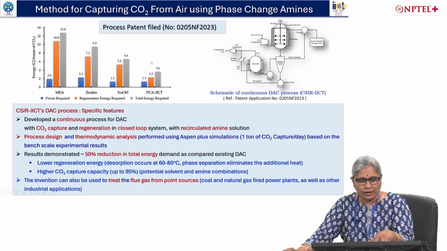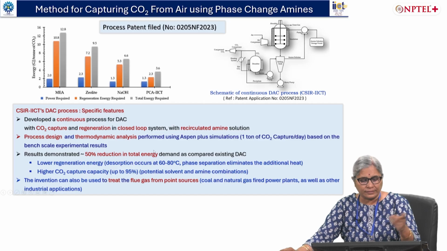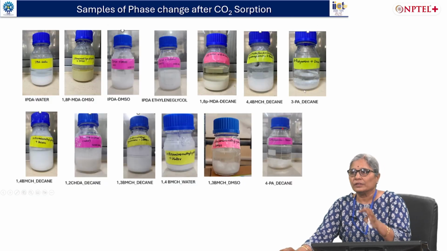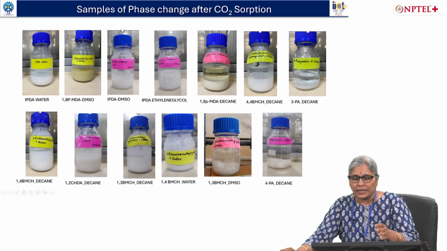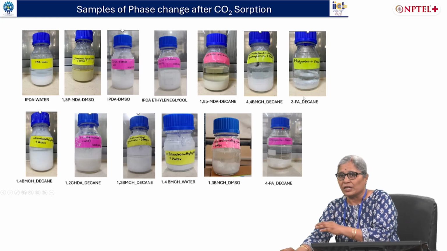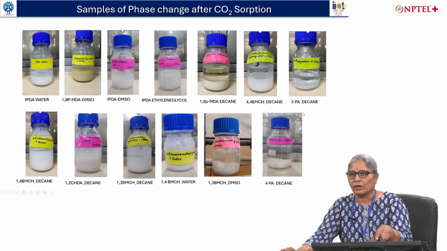As you see here, this is our composition of solvents, where the energy required is much less than the reported amines. You cannot just trust me: we tested 154 compositions of these amines in different solvents before arriving at these 12 successful solvents, where it has shown